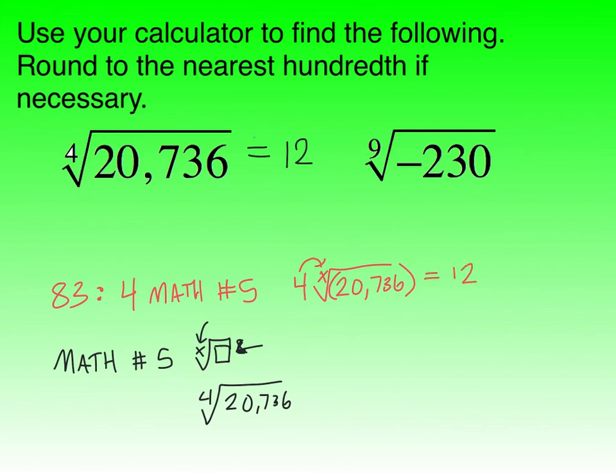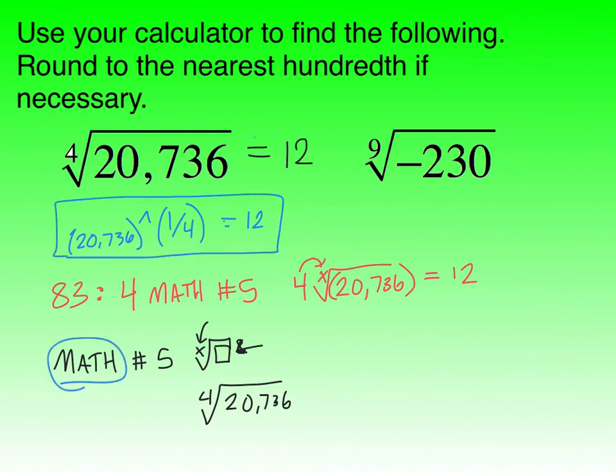Okay. Another option here is you could do parentheses 2736 and then a caret and then use it as to the 1/4 power, and that also will equal 12. So you've got two options there. You can use the math button, or you can use exponents if you remember the rational exponents. To do the second one, I would again do math, option number 5,